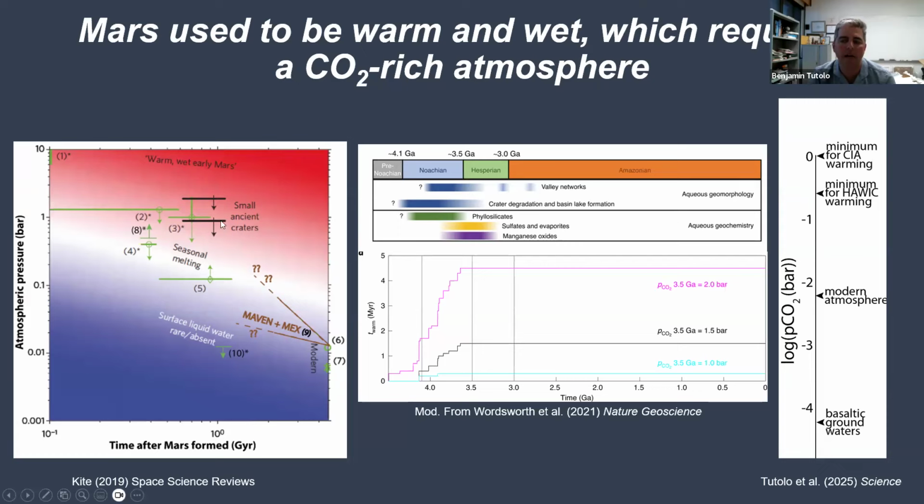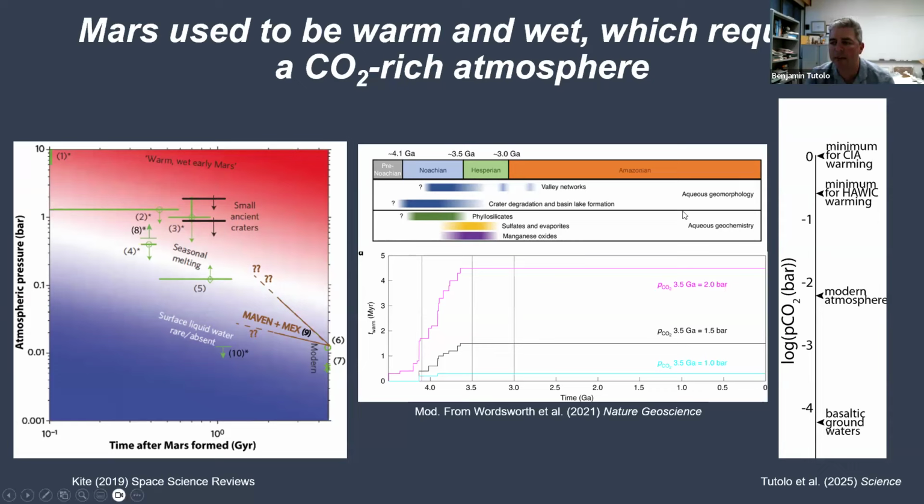So largely, unlike Earth, Mars's atmosphere is thought to have been predominantly comprised of CO2 throughout its history. On this plot here from Edwin Kite's review paper from 2019, you can see atmospheric pressure here and then some geological evidence that puts constraints on the atmospheric pressure on ancient Mars. And in all cases, you can see that the atmospheric pressure seems to have needed to be on the order of a tenth of a bar or so before a billion years ago. In the middle plot is a plot from Robin Wordsworth's 2021 paper thinking about the collision-induced absorption effect, CIA, and its potential for warming early Mars.